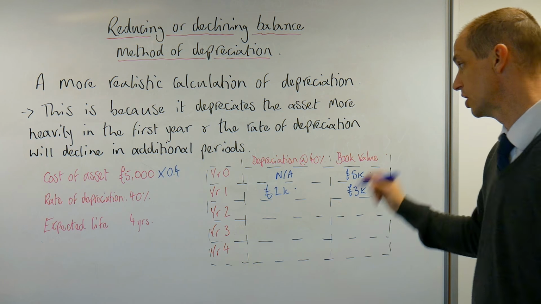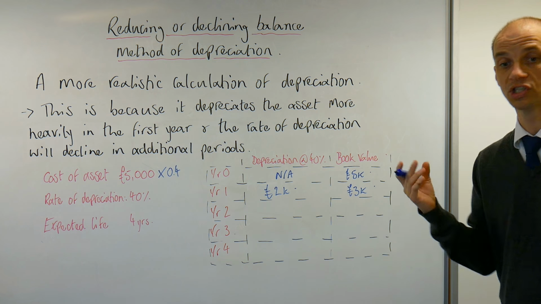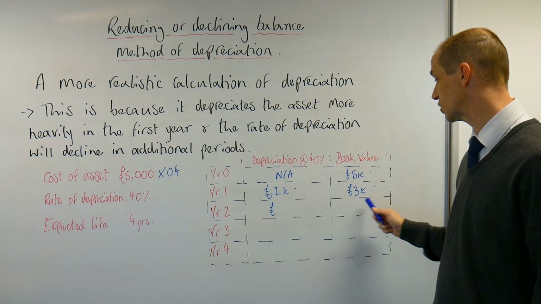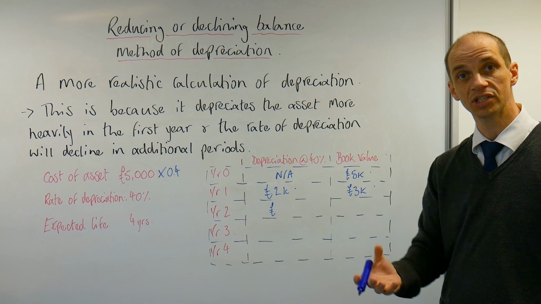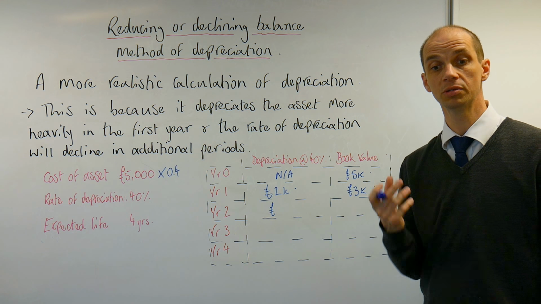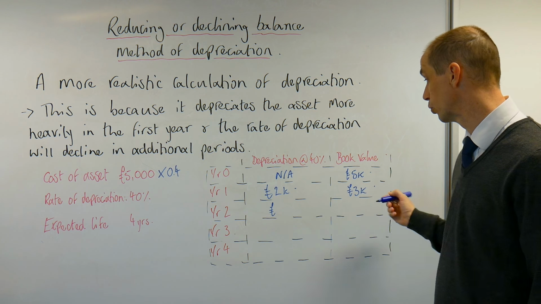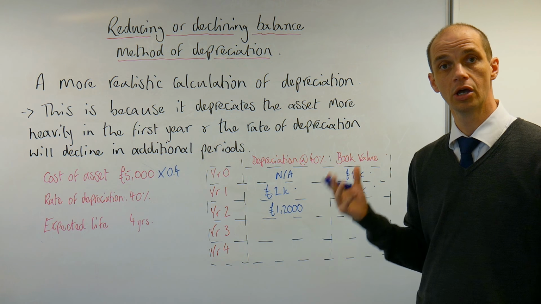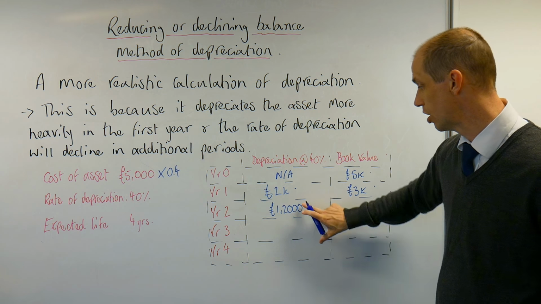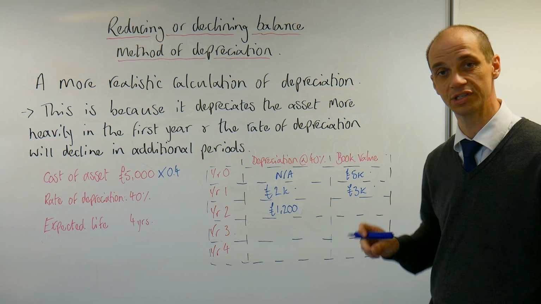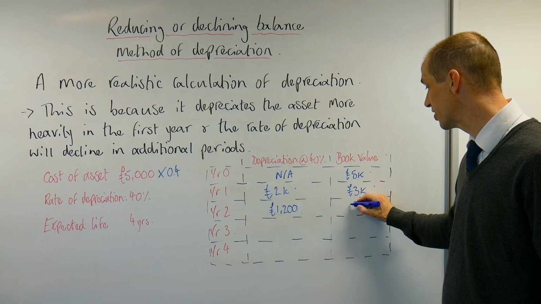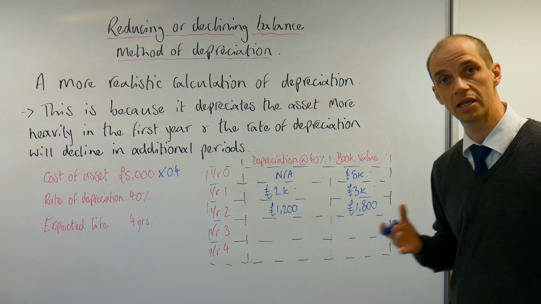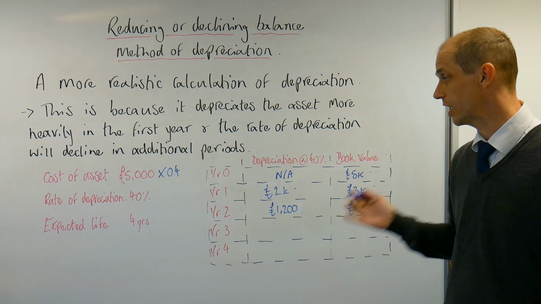comprehensive income, of course. For our next period, with regard to year 2, we would see a rate of depreciation which would now slow, and the reason is because we're now taking that £3,000 and multiplying by that 40%. So that would give us £1,200. Okay, so a depreciation of £1,200. So this would then provide us with a final sum here of £1,800 for the asset value at the end